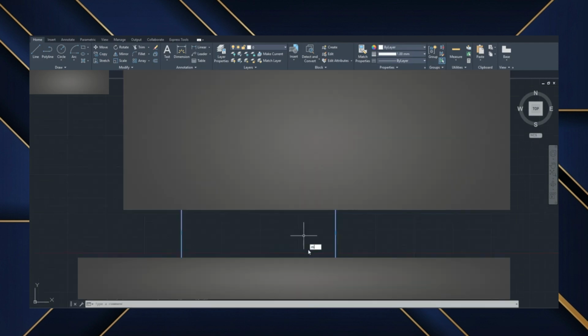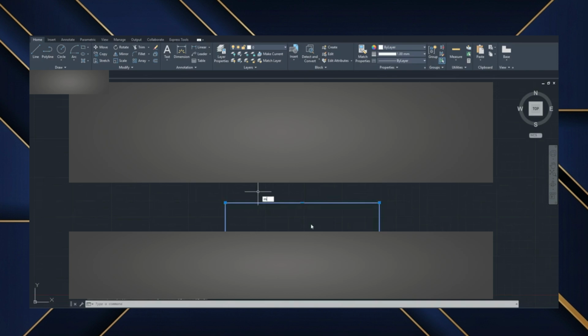Next, click anywhere in the drawing area to specify the first corner of the rectangle. You can then either click a second point with your mouse, or enter exact dimensions for greater accuracy. If you need a rectangle with specific measurements, simply type the length and width values when prompted, and AutoCAD will